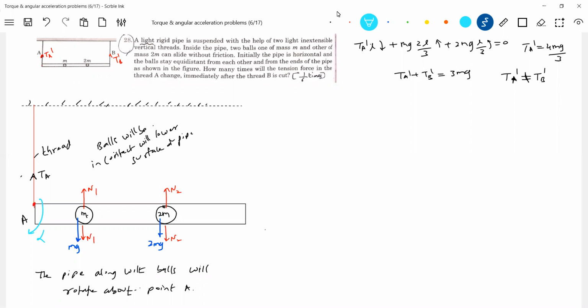But sir, the balls have mass. What should be the net force on the pipe? As it is massless, F net should be equal to M into A. Mass is zero, so F is zero. If M and F are zero, how can A be non-zero? Not possible. Look at only the pipe. I picked up this problem specifically to stress this, because you can't just say that you did that problem, sir, so I'll do this problem. You should analyze the situation here.